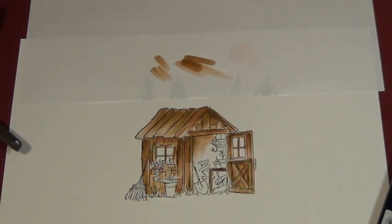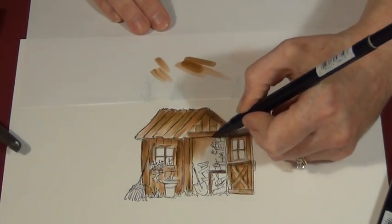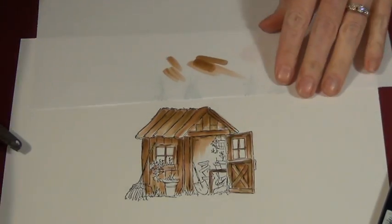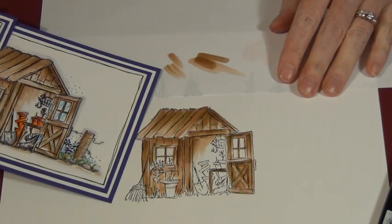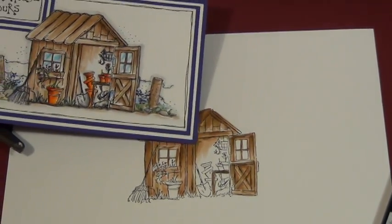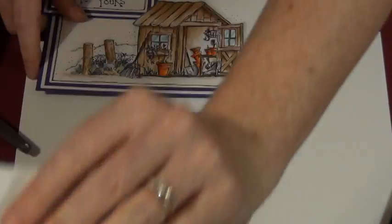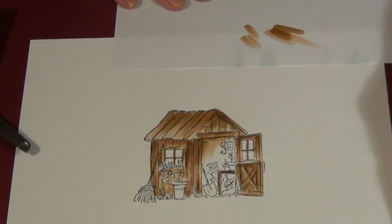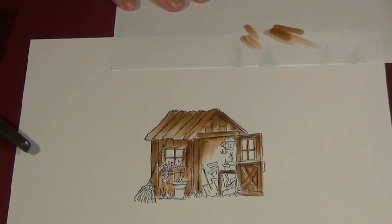Oh, we got that. You can see each time I color it, it turns out a little different, and also depends on the paper that you use. Oops, scratch sheet of paper, put the wrong thing away. The next thing is my green marker